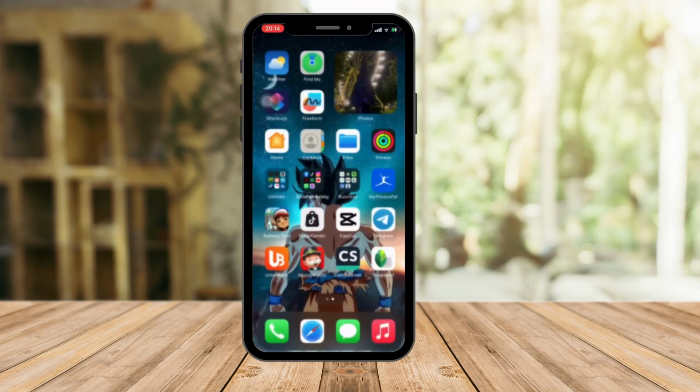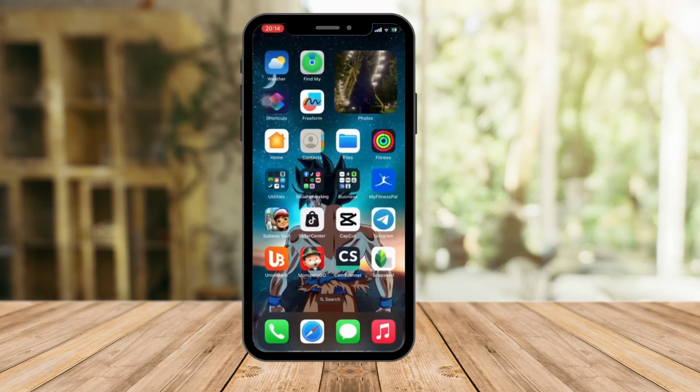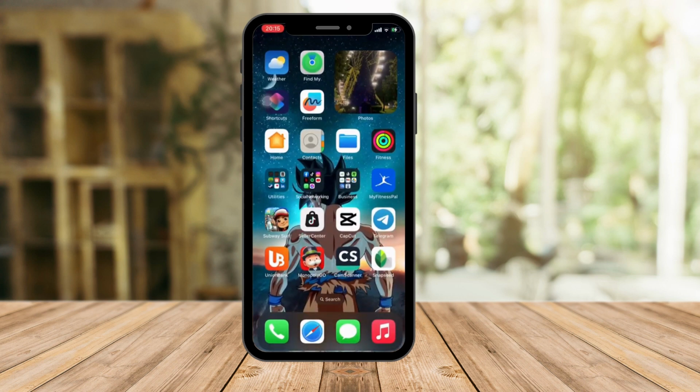In this video, I'm going to teach you how to create your Telegram account, how to sign up on Telegram without using your personal phone number. So first, I want to show you what Telegram looks like. Technically, this is what Telegram looks like. This should be a landing page, and this is how the app should look, just like a paper plane. Okay? So that being said, I'm going to teach you how to sign up without